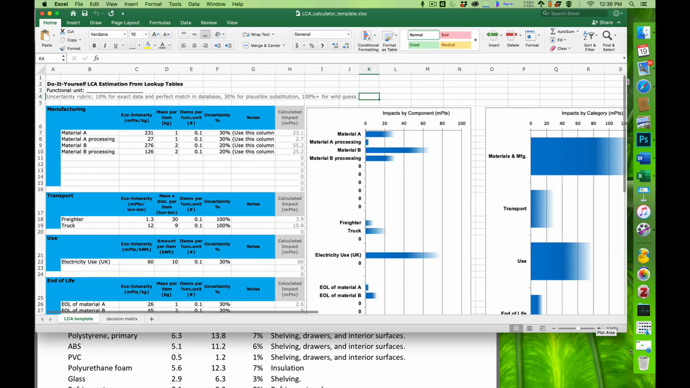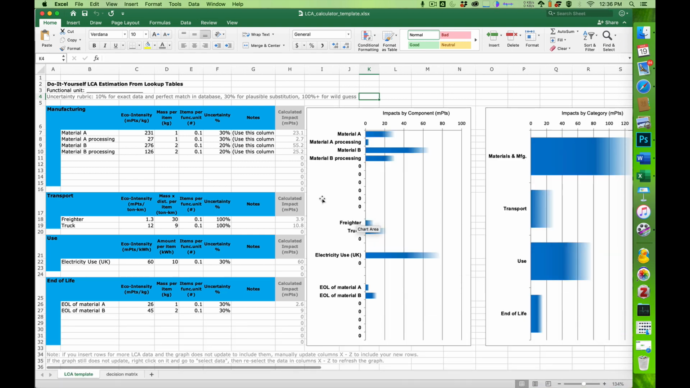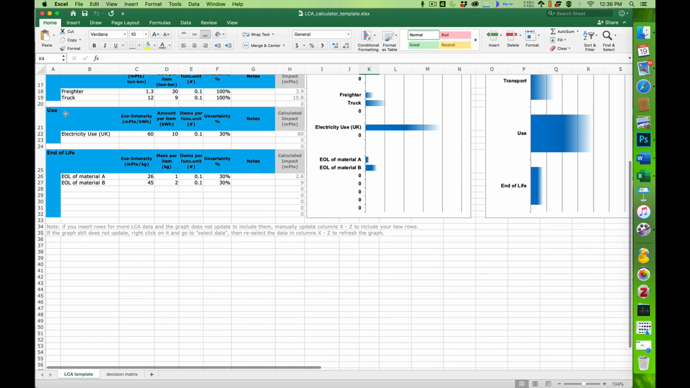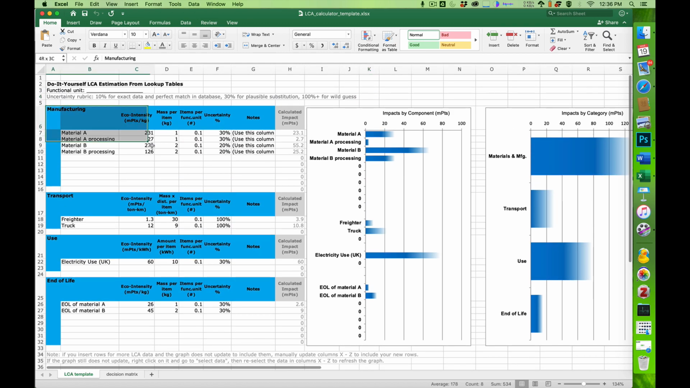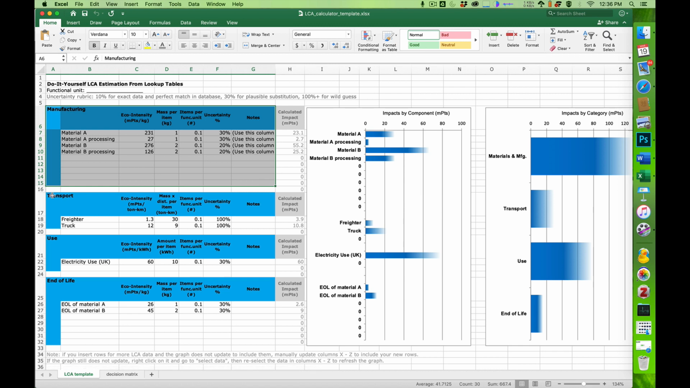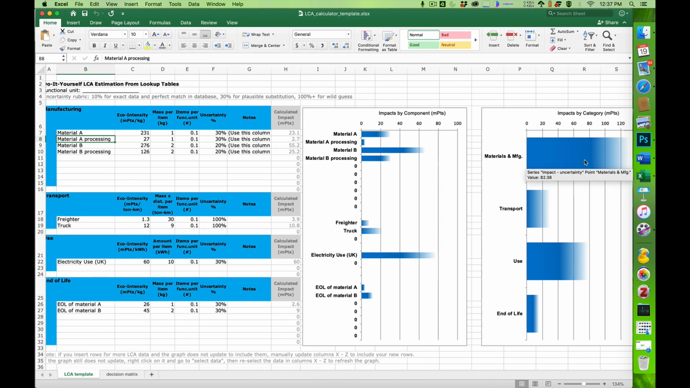All right, so here is the template spreadsheet. And over here on the left, we've got sections for the manufacturing stage of the life cycle, the transportation stage or stages, usage, and end of life. So all your materials and manufacturing methods go here, and all this stuff gets graphed here, and then there's another